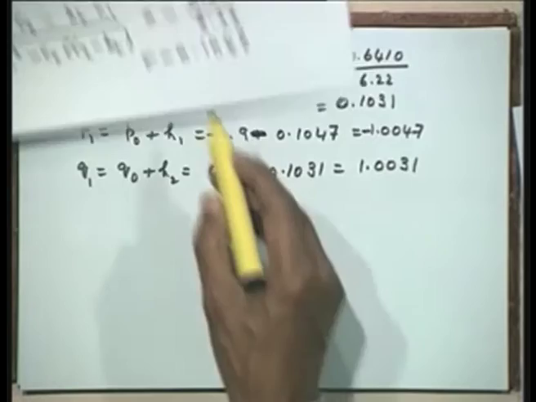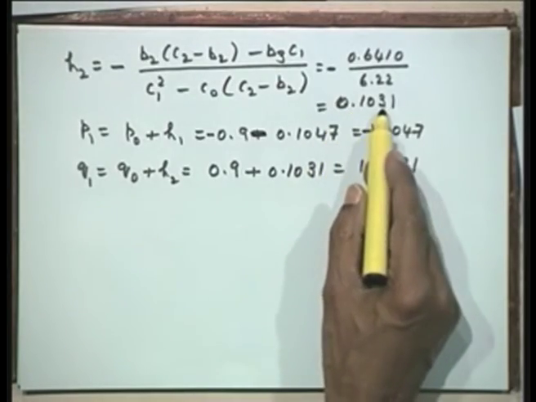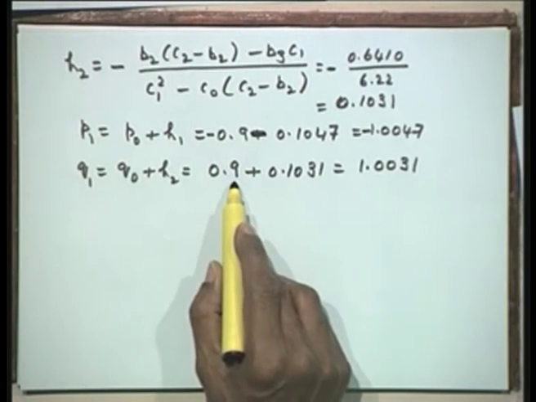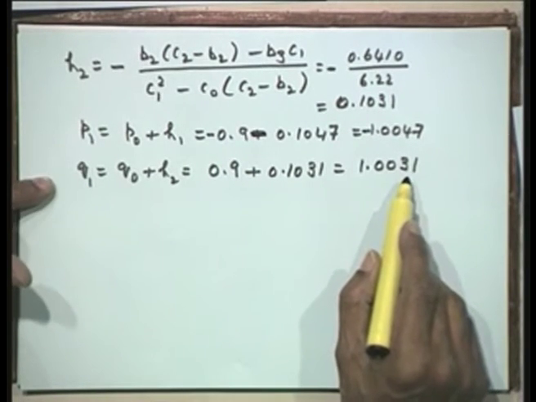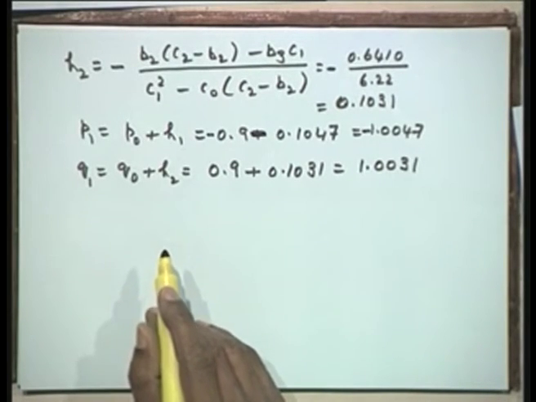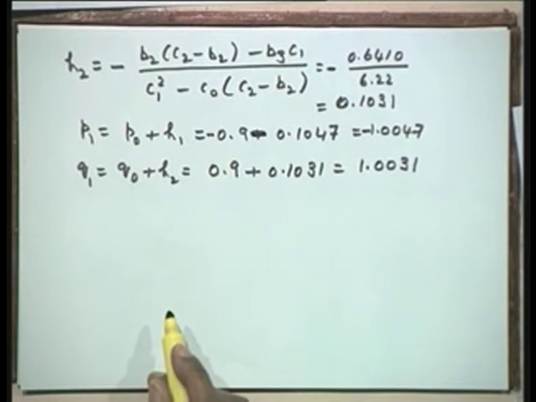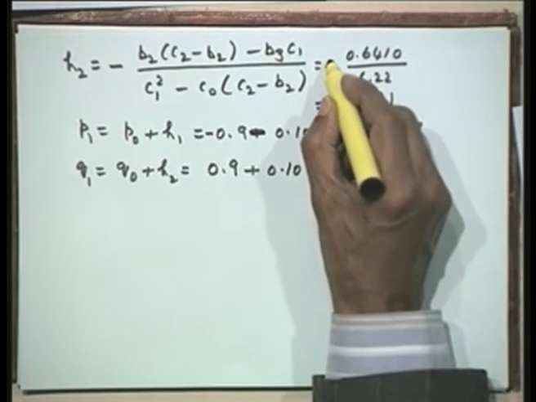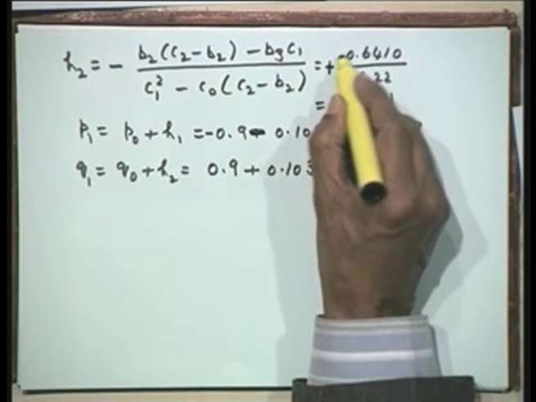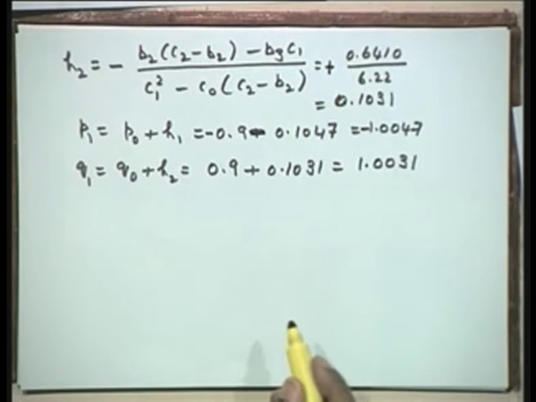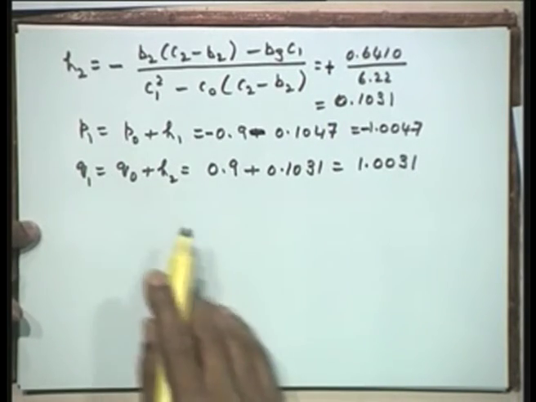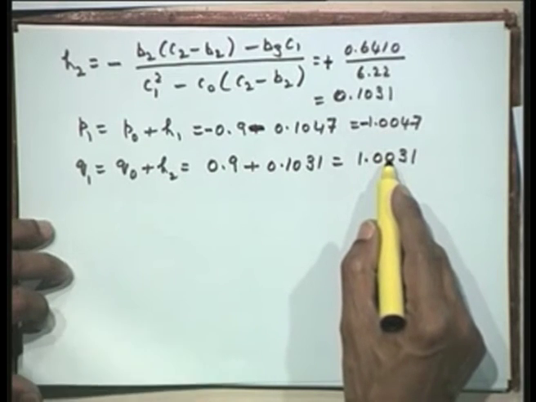So, H1 is minus 1.07 and H2 is 1.031. So, this is P1 is minus 0.9 and Q1 is equal to 0.9. So, we add up and we have this required approximation. Now, I perform the next step. No sorry, this would be a plus. So, there is actually a minus sign here also, there are two minus signs. Now, we will perform the synthetic division with respect to these two quantities.